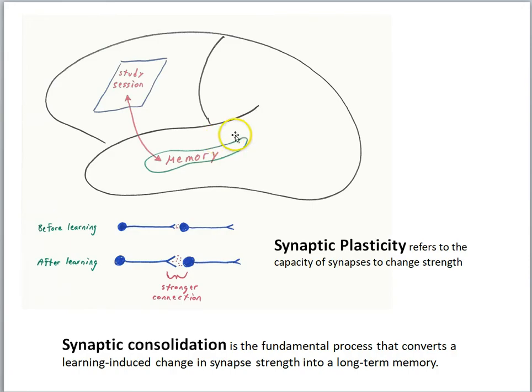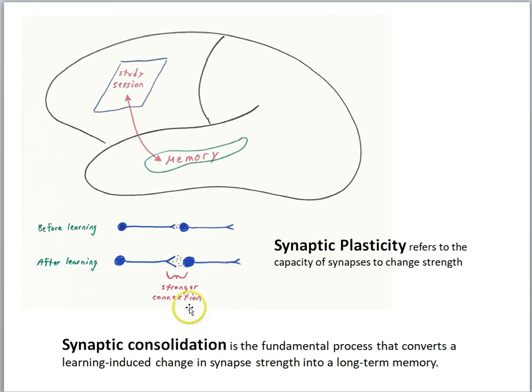So at this point then, we can start to put some pieces together. We know from the case studies of HM and others, the hippocampus seemed to be a critical structure in forming memories. And at the same time, it was understood that perhaps physical changes were happening between neurons in the brain, and this accounted for memory. We'll call those physical changes at the synapse synaptic plasticity, referring to the capacity of synapses to change their strength. So perhaps what was going on is that when we undergo some kind of learning episode, physical changes, synaptic plasticity is happening between neurons in the hippocampus and other regions, and long-lasting changes then would be the basis of a